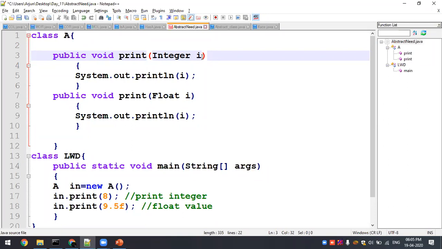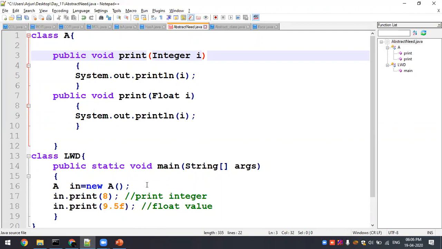So the same name is having a different type of argument, a different order of argument, the number of arguments, or type plus order. All three cases will have method overloading. The same method has a different signature with a different definition. That is called method overloading. You'll be passing different arguments, that we'll discuss, don't worry.